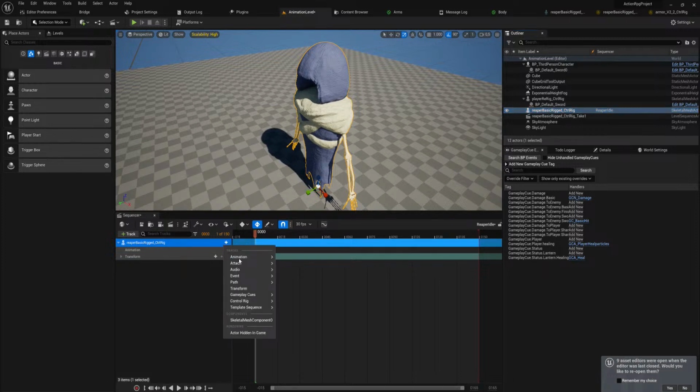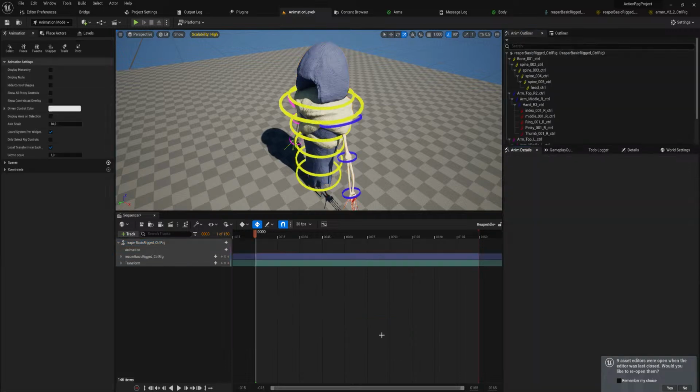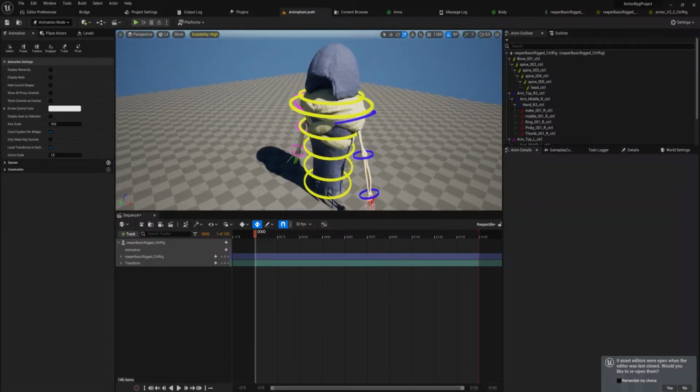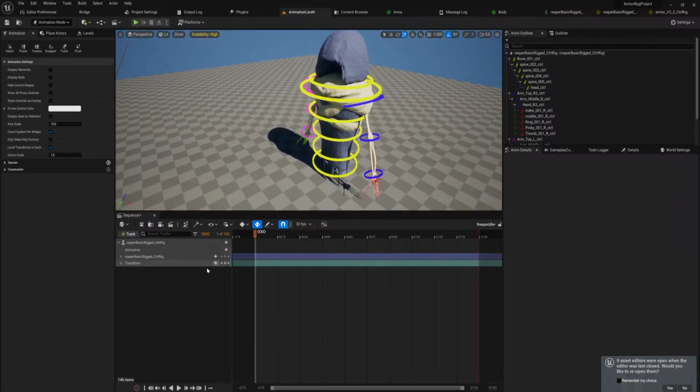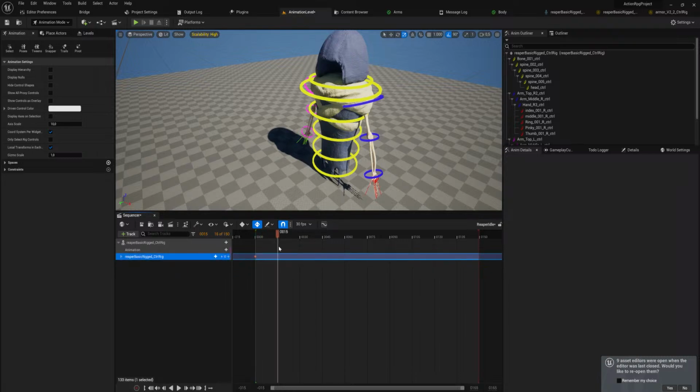And once we do that, we want to add in our control rig from assets. And bam, we've got our control rig to start animating with. So we don't really want to animate the transform of the character itself. What we want to do is we want to animate